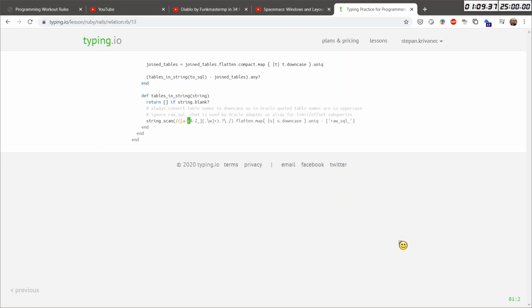This, A dash Z, A dash Z, capital Z, and dot close open dot backslash w close plus. Oh, good lord. This is hard. Flat dot map. Map dot